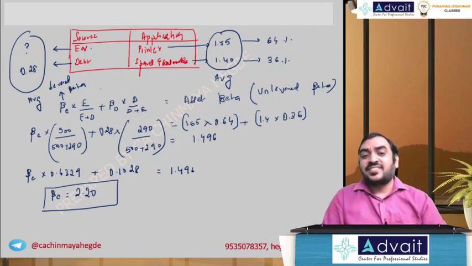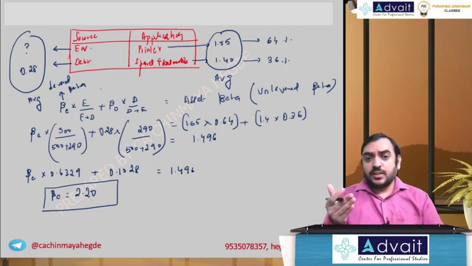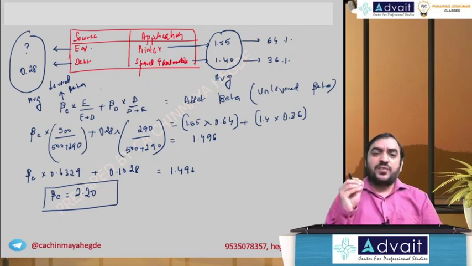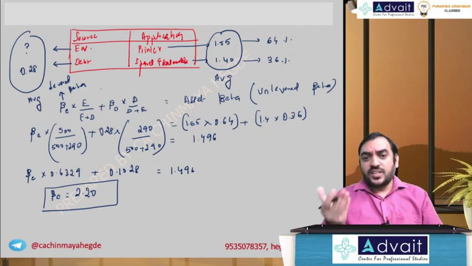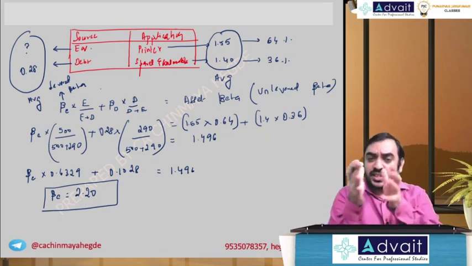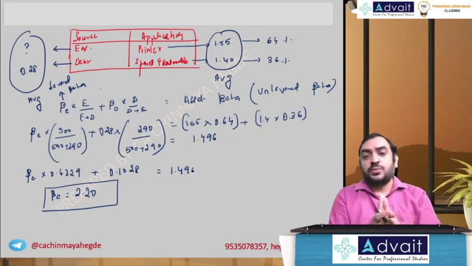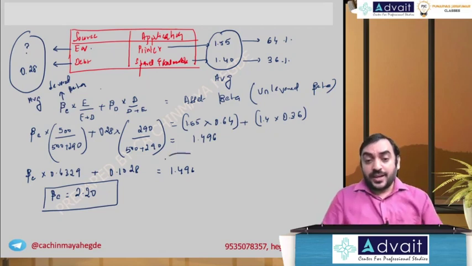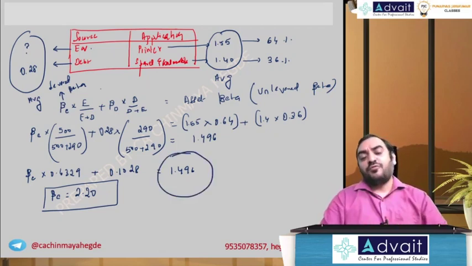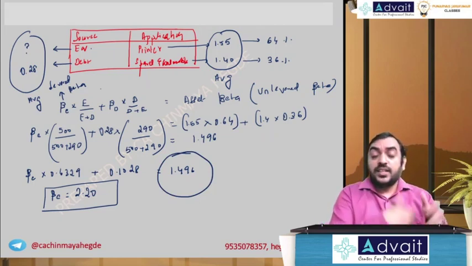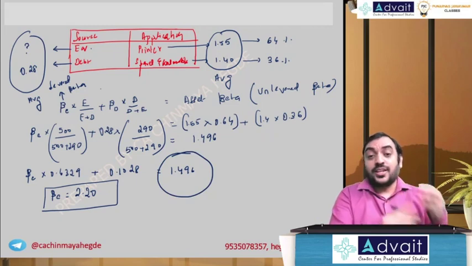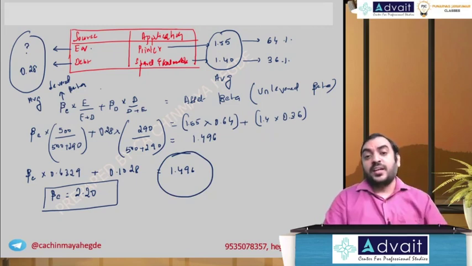What will happen to the asset side? Printer division, space and consumable division. Do you think asset side beta will change because you change the capital structure? Obviously no, right? Asset side comprises printer and space and consumable. There is no change in that part. So asset beta will remain the same at 1.496. But on the liability side, there is a change in composition, a change in capital structure, so equity beta will change.